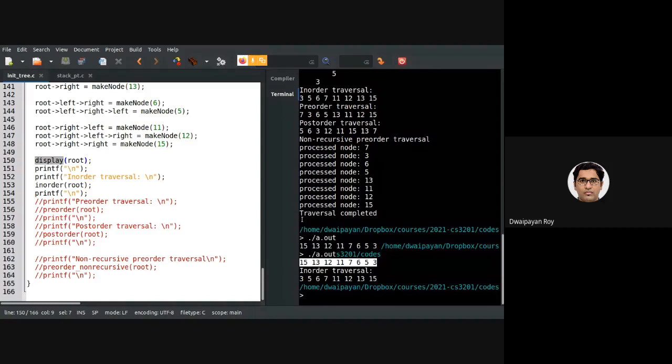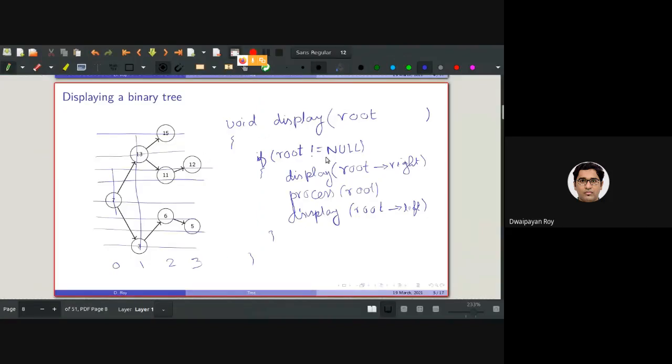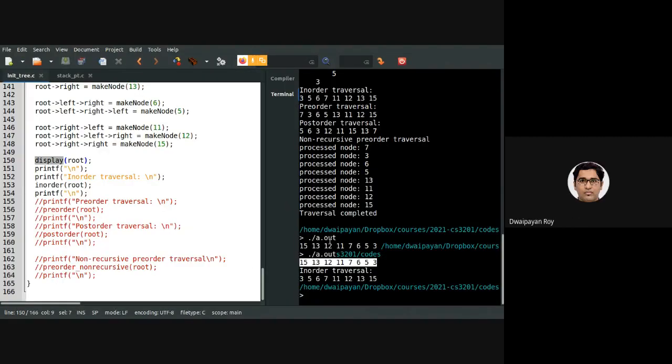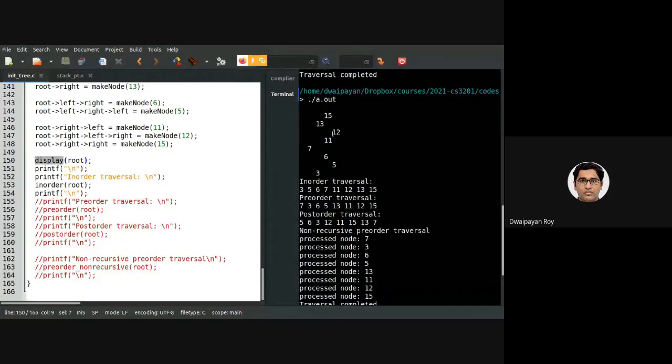To do that, we'll be modifying this code here. Yes, question. Student: Sir, for the new line, we can just do /n and it will automatically happen. But for space, I think we have to use a counter. Absolutely, you are correct. For the new line, to put these things in different lines, we just need to place the /n after printing this value. This is what you are saying, right? Yes. So after printing 15, I will be placing one /n.